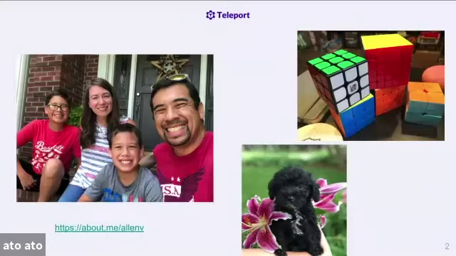And our newest addition to our family is a schnoodle. This is back in May when we got her. She's a little bit bigger than that now, but if you haven't had a pet in a while, it's like having kids all over again, with the late nights and dog whining. But anyways, you can find a little bit more about me, what I do, and my link on the slides.